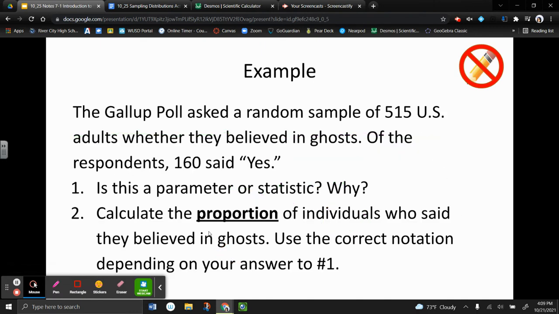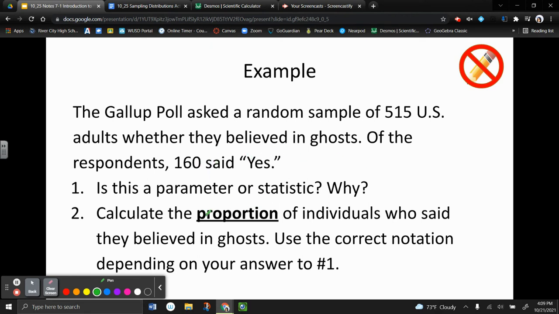All right, here's another example. It says the Gallup poll. Actually, I think this is out of order. Is it? Oh, no, this is right. The Gallup poll asked a random sample of 515 U.S. adults whether they believed in ghosts. Of the respondents, 160 said yes. Is this a parameter or a statistic? Why? So in this problem,